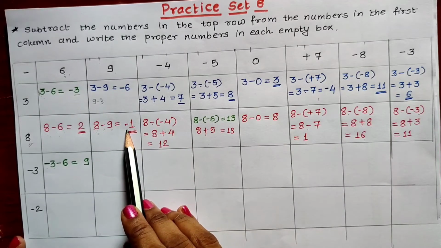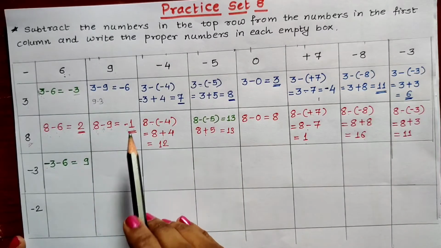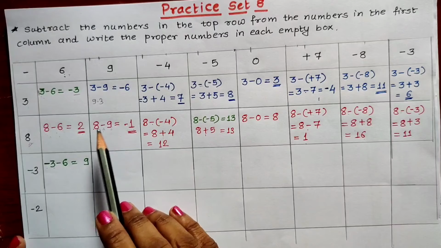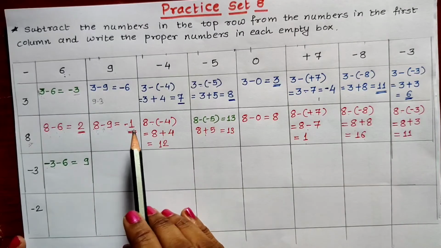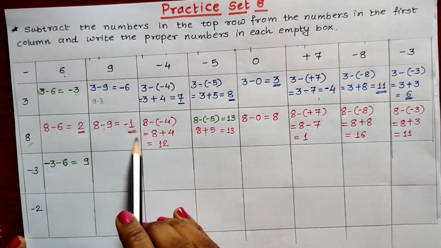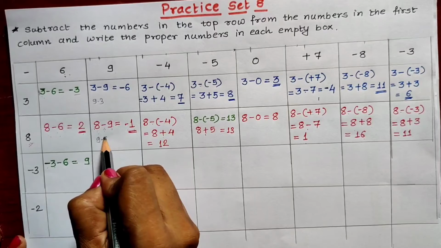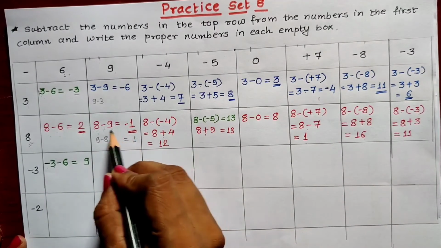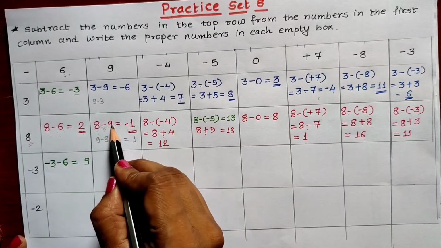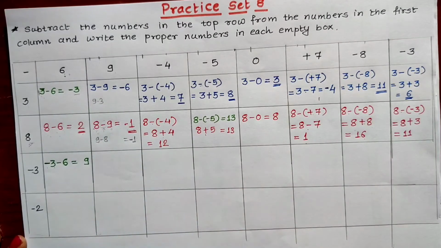I hope you all are understanding, children. When two different signs, we have to subtract the smaller number from the bigger. We have to subtract 8 from 9, though it is written 8 minus 9. But while writing the answer, what should be done? We have to do it like this, 9 minus 8. Okay. And 9 minus 8, answer is 1, and then give the sign of the bigger number. Sign of the bigger number is minus, and that's why the answer should have minus sign. In this way you have to remember.